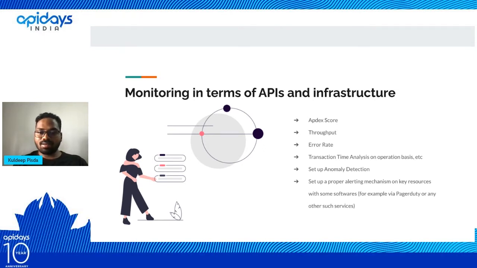The third thing would be to set up anomaly detection, right? Anomaly is something that we usually cannot detect automatically. We cannot just randomly look at the data and say, okay, this is something that is not working fine, right? But the tools that we might be using, maybe Prometheus, maybe New Relic, maybe Datadog, are aware of all the data that they have for us, and they can apply some machine learning algorithms and push an alert